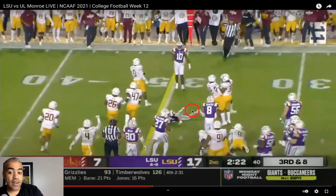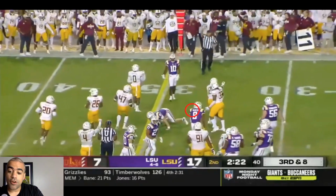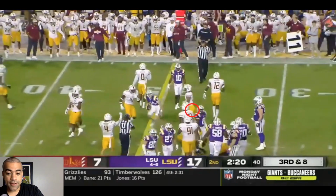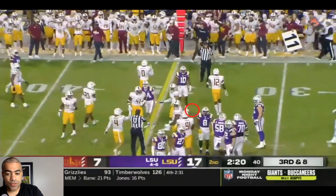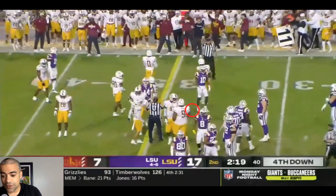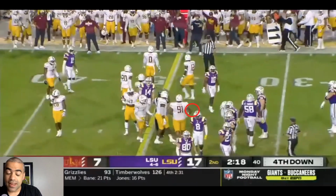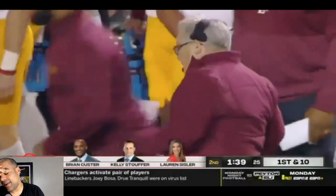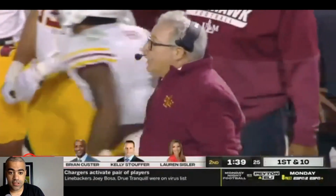It is good, though, that he scrambled. And if we wanted to go for it on 4th down, which I think we should have here, it's 4th and 1.5, I just go for it here. But still, the second down call was just so bad. Okay, so we punt the football away, and Terry Bowden, once again,